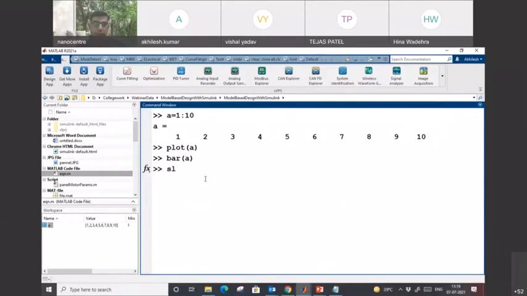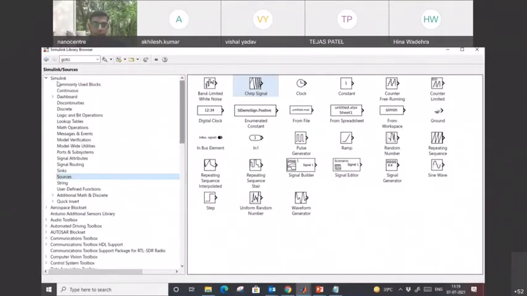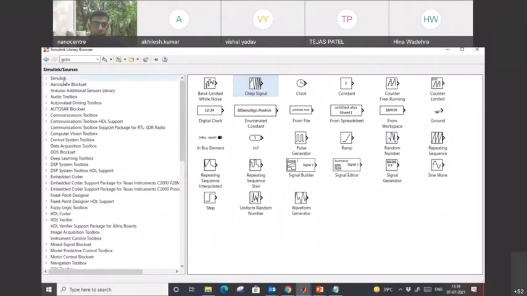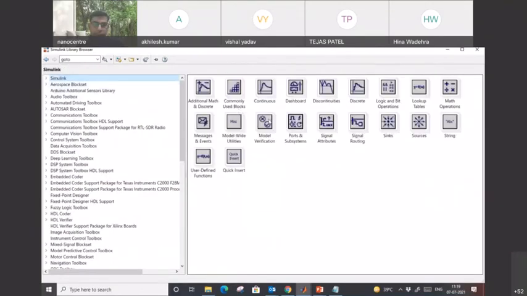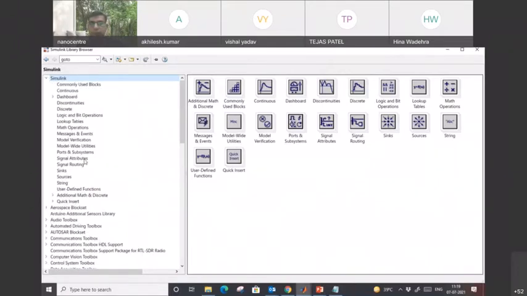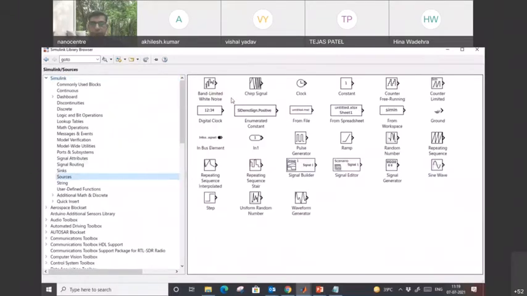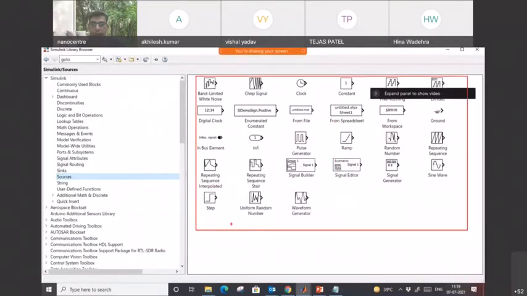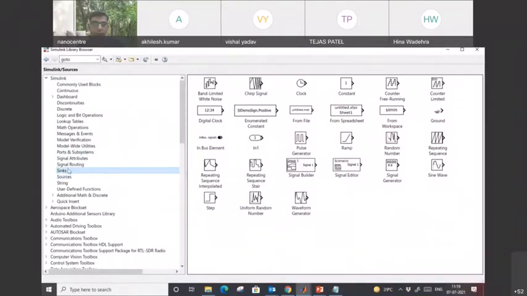Okay, so let me first show you the libraries which are available in Simulink. If I have to design a mathematical equation, I will use these Simulink libraries. If I explore, you see if I go into Sources, we have sources available here, right?